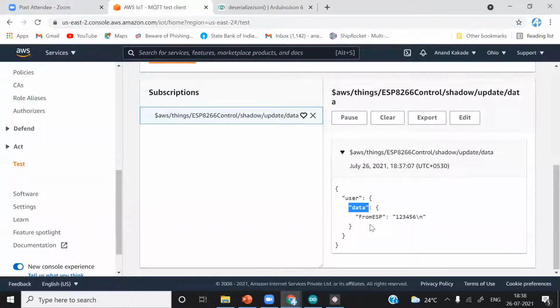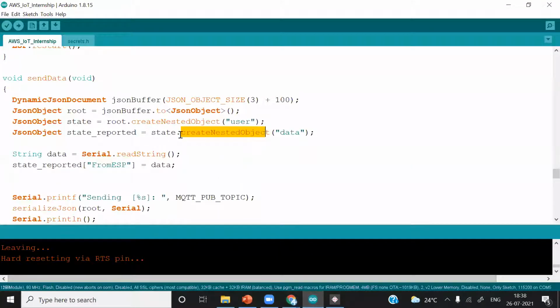in your payload, do not add this create nested object. If you want to simply put the data, you just need to use the variable against this nested object. You can see here we have used this state, and in state in square brackets we have added the from ESP, and we are putting whatever data is serially available.